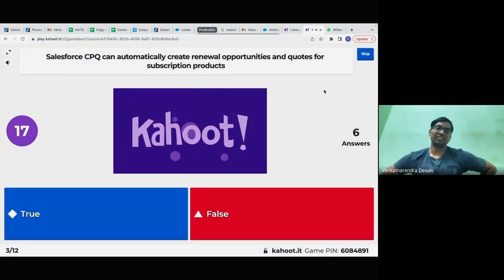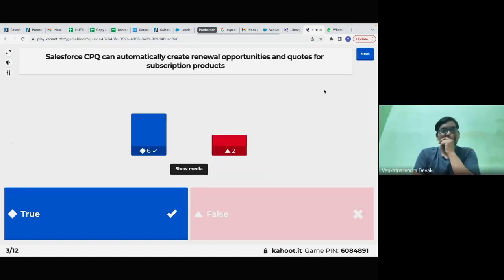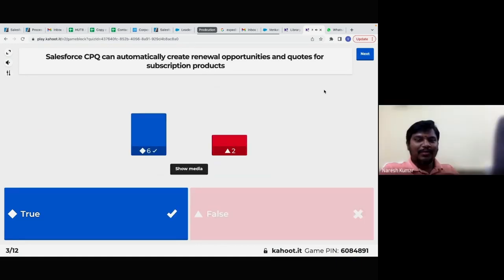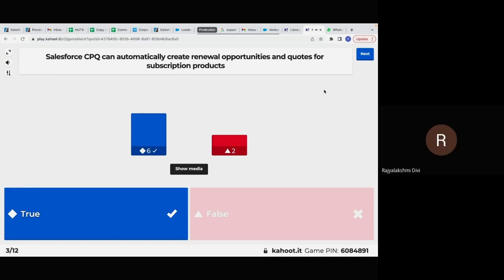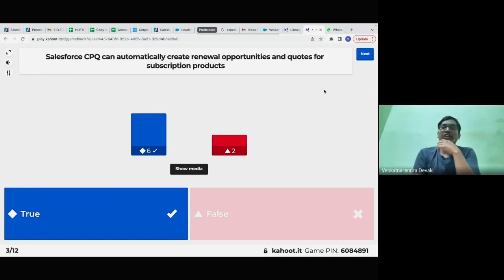Given the answer this one. Big question. False. No, this time it's misleading. CPQ will automatically generate renewal opportunities before the contract has expired. So one of the advantages for